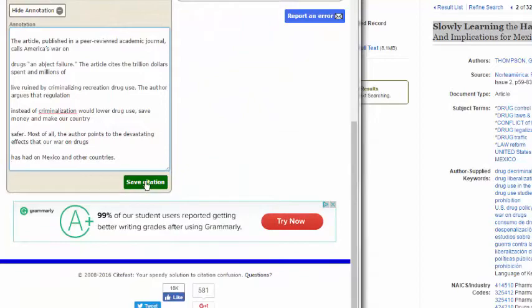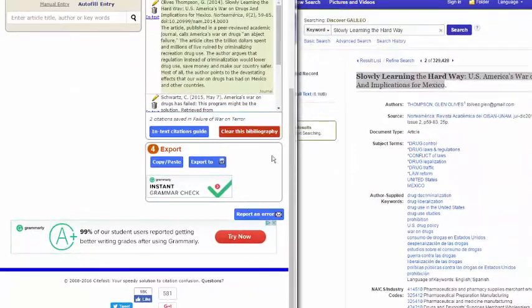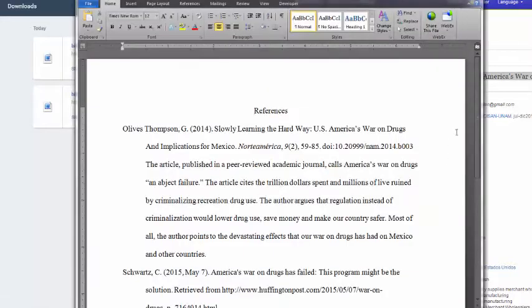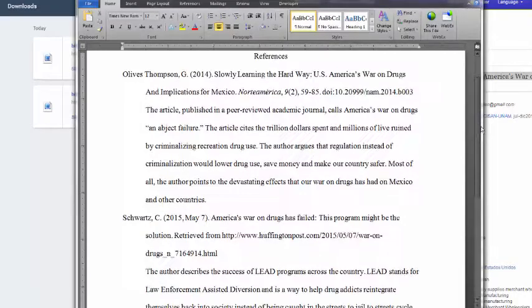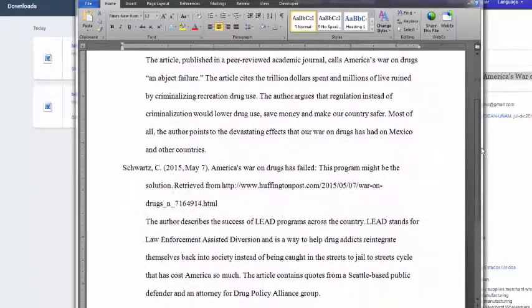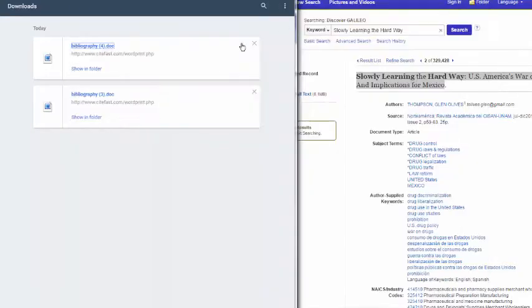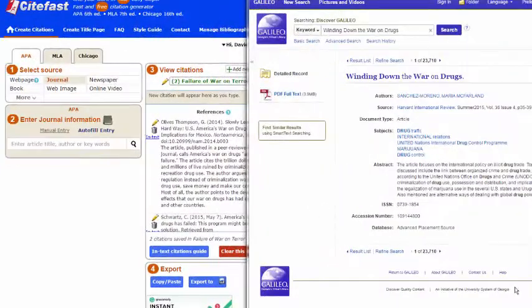After clicking on Save Annotation, this time when we export to Word document, we see that our annotated bibliography has grown. The two sources are in alphabetical order, in the correct font and point size, with the correct spacing, and correct everything. Now, if autofill cannot find your article, simply go back and forth from article to CiteFast, copying the